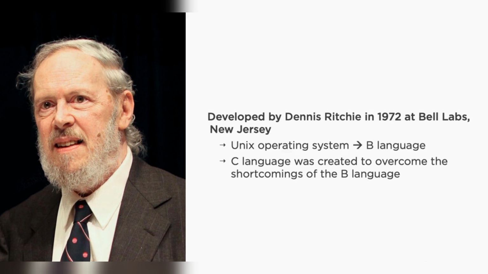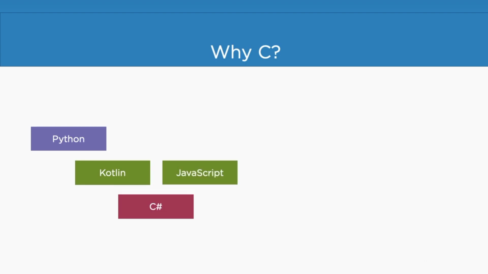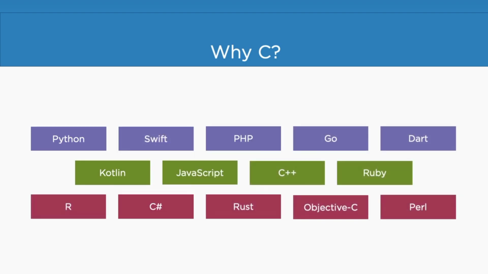But now the question arises, it's okay that C language was created a long time ago, and it fulfilled the need for developing software at that time. But nowadays we have a lot of programming languages which we can learn instead of C, such as Python, Kotlin, C#, JavaScript, PHP, and a lot more, including C++, which we will of course go through in this training. So why learn C programming in this modern era? Well, the answer is really simple.